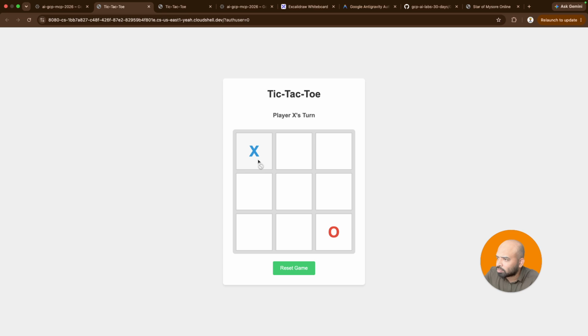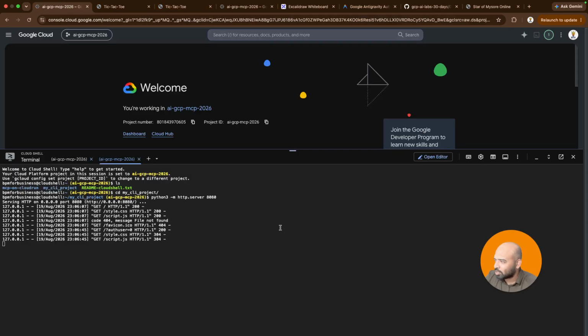And there you go. See, the tic-tac-toe game we wanted to build is ready. There you go. Game over. X wins. I won. We just built this with one command. I don't know what can get much easier than this. With that said, we literally demonstrated usage of Gemini CLI and how we can build the entire project using that,